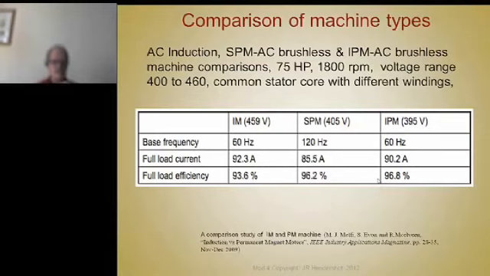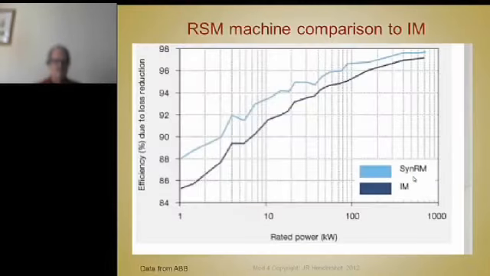And then, of course, the IPM was higher efficiency, though, probably because it got so much more output torque and power because it had the saliency torque component. Now, as far as the RSM machines, I don't have personal experience with this type of comparison, so I've offered